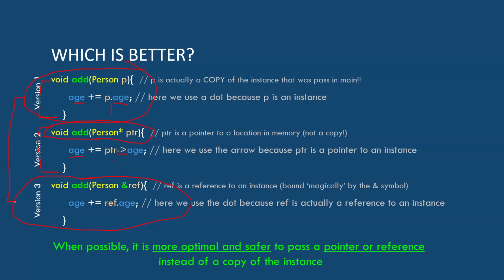They're really powerful. Probably if it was me, I would go with this and this, because this is a very big box of groceries that gets copied. This is a pointer and this is a reference. There's no copies happening in these two right here. So they're probably preferred approaches over this one here, right? If we're just grabbing that age and putting it in there.